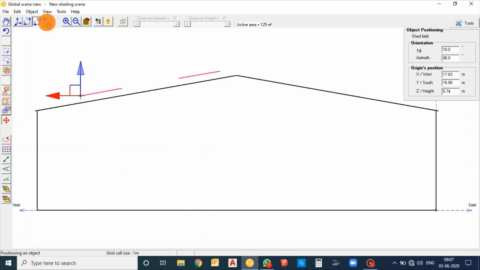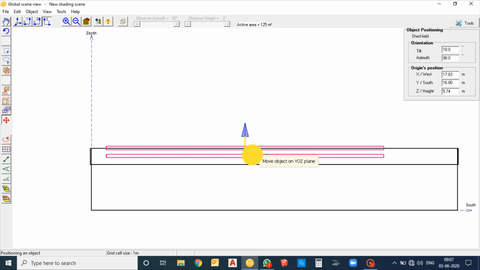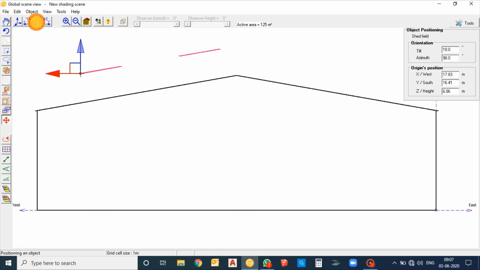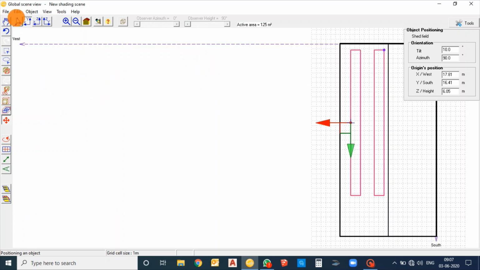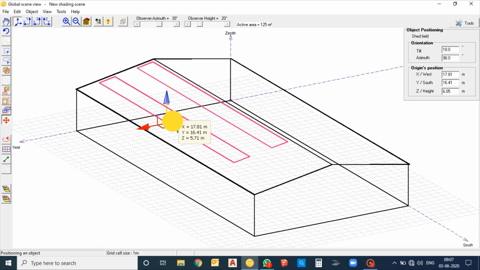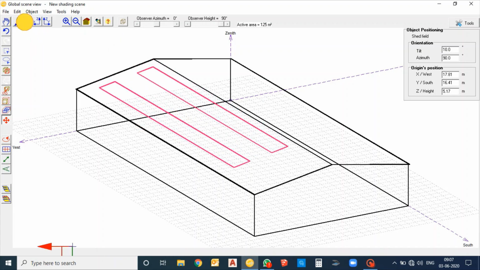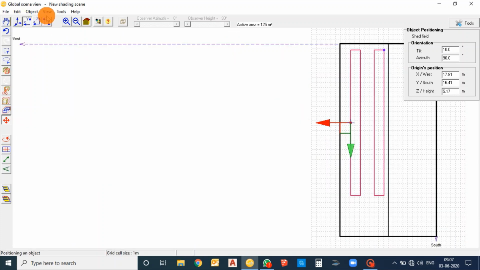And this is the side view you are getting. You just see it. Everything has been positioned.